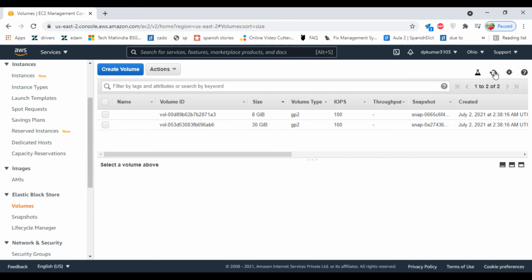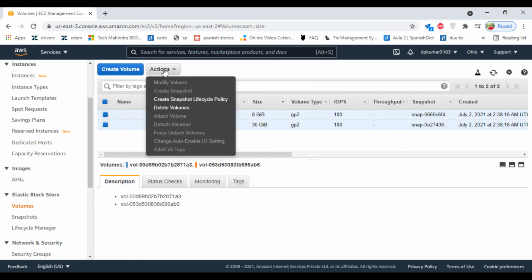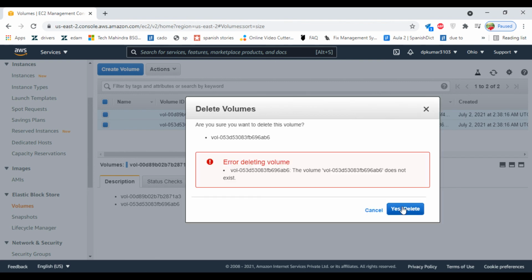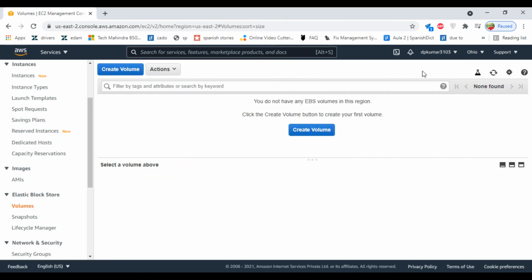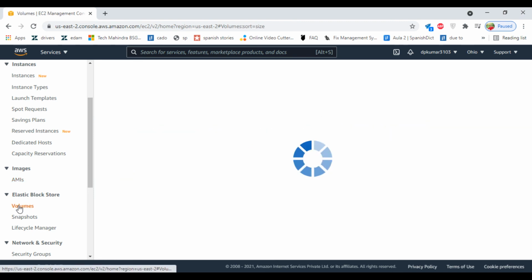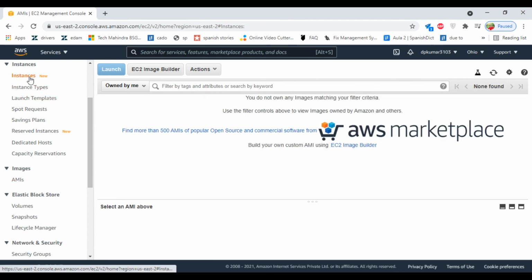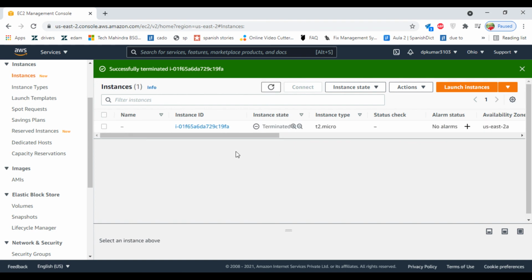We will refresh first. Select action, delete volumes because it is in use. Refresh. Your volume is deleted. Okay, AMI, it is also not there. Instance type, it is in terminated status.